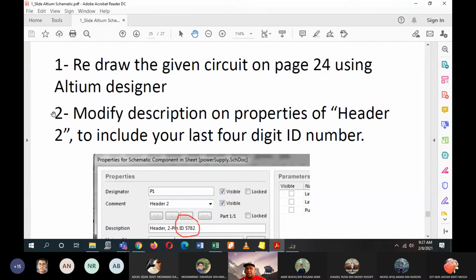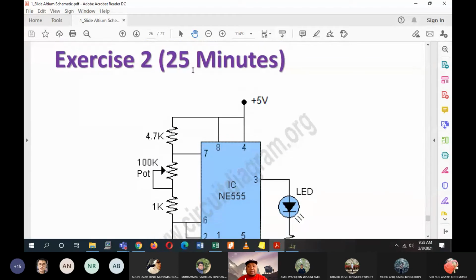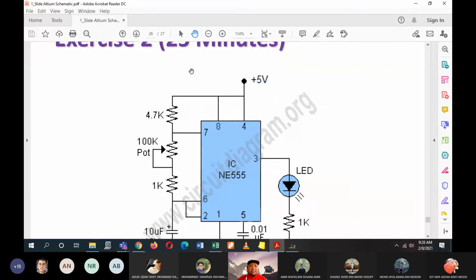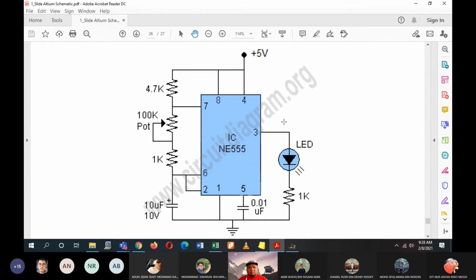Alright, just remember this number 2. Number 2, please don't forget them. I will give you the instruction. Each time you do your task of your assignment or your practical test, I will instruct you where to put the last 4 digits of your ID number, on any of the components. This should not exceed 25 minutes, but I don't think you will need that long. I think 10-15 minutes tops you'll be able to complete them.